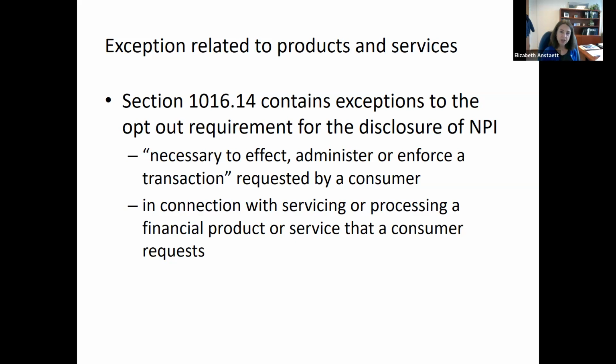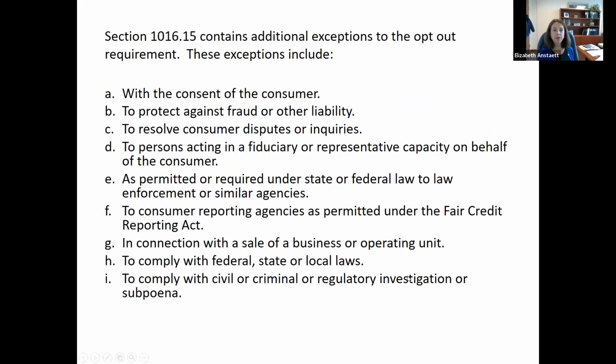Now, when it's shared under this exception, the service provider can only use your information to do the services they've agreed to do. They can't use it for their own purposes, but it is obviously a lot of sharing that goes on under this exception. There's then another laundry list of various types of sharing, including what we often see, which is with the consent of the consumer. The consumer consents, sharing can always go on. And in fact, the consent is often built into the application. So if you ever sign a credit application, it's worth reading what's right above your signature, because you may be consenting to additional sharing. And there are other ones that are needed to comply with law and for business purposes,